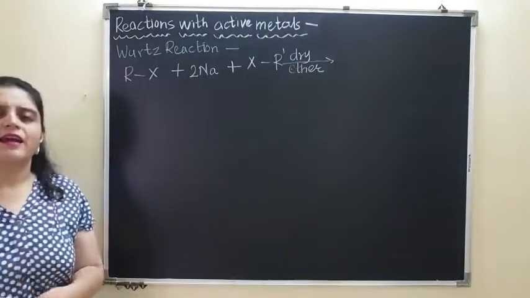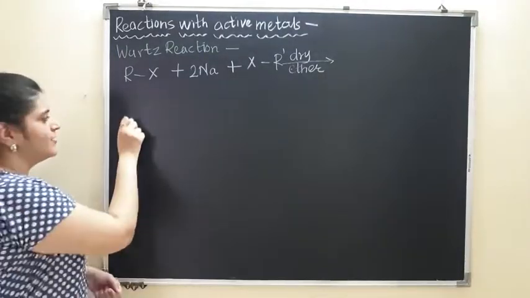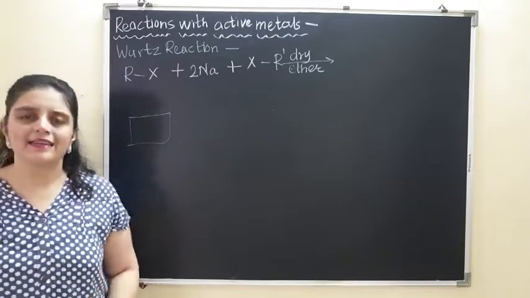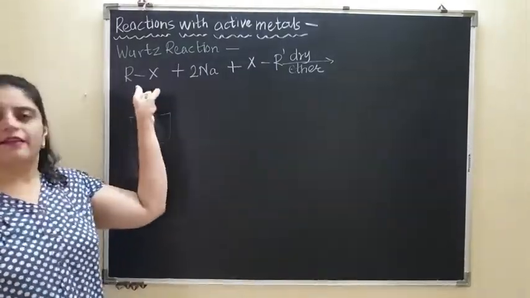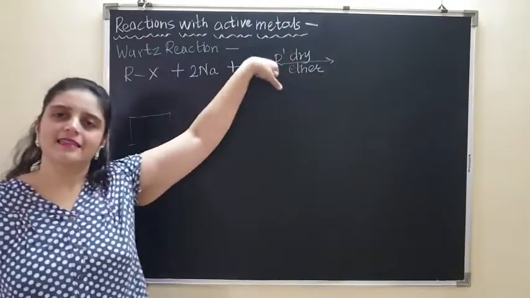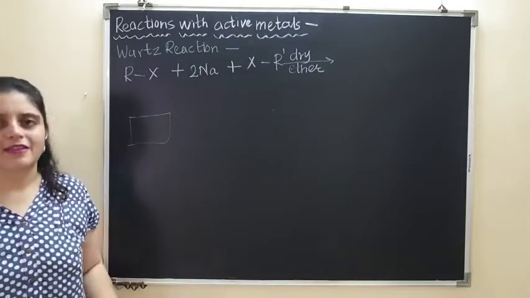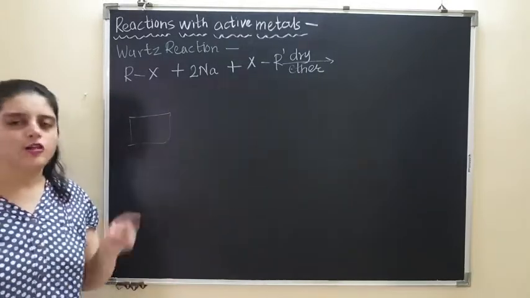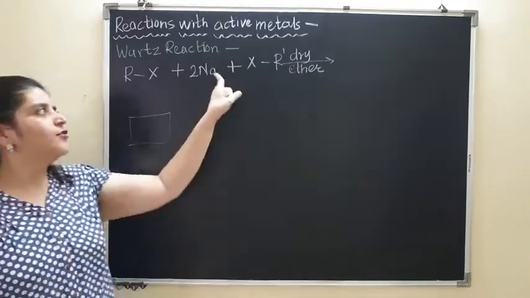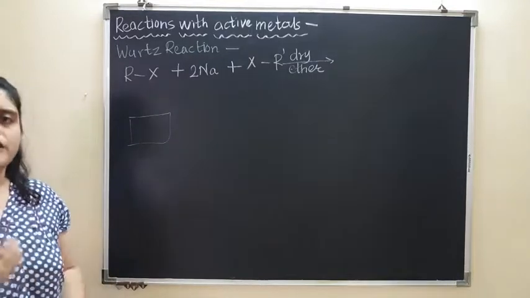now when you take a reaction vessel and carry out the reaction, if this is the reaction vessel, what are you going to add in this? You are going to add the first alkyl halide. This is our first alkyl halide and this is the second alkyl halide. So in this reaction mixture, you will add your first alkyl halide. Then you will also add the second alkyl halide. You will add dry ether and you will also add sodium. You will mix everything in the reaction vessel.